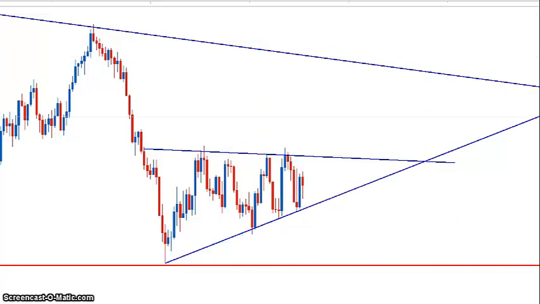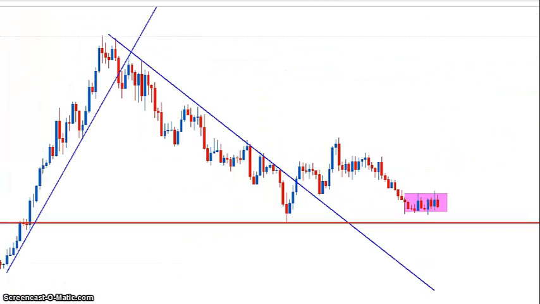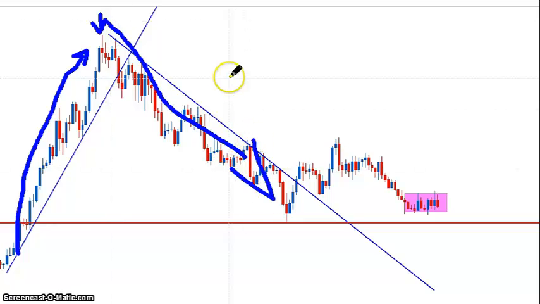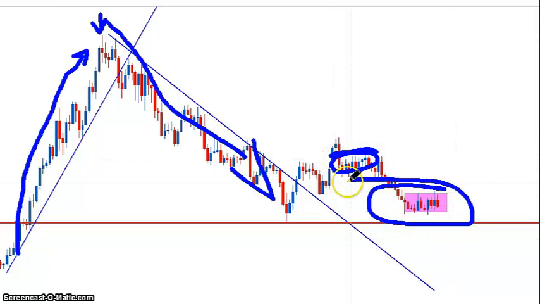Let's take a look at the US yen quickly. Now the US yen is somewhat annoying me because it had this awesome bullish rally here that was just filled with pips and tons of market movement and reaction. There's just a lot of stuff going on. Then it reversed at the top, did the same thing on the way back down for quite a bit of time with awesome momentum and lots of good trade opportunities. And then it kind of just slowed down all of a sudden. And we had this area of choppiness that lasted for a few weeks. And now we're kind of in another little zone.